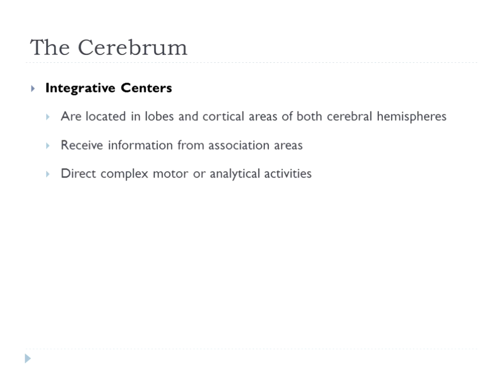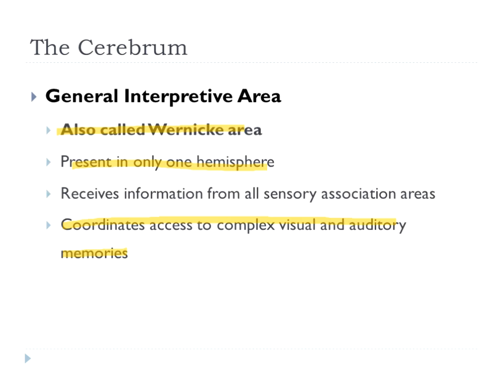Then, even after you've read the sentence, or the question on your test, you still need to be able to retrieve that information from other integrative centers. So you have several integrative centers embedded throughout your brain, and you have multiple association areas that help you to process written, verbal, and various different forms of communication.